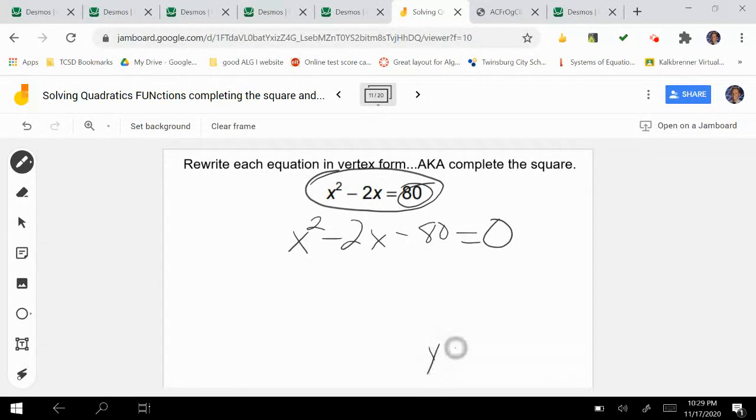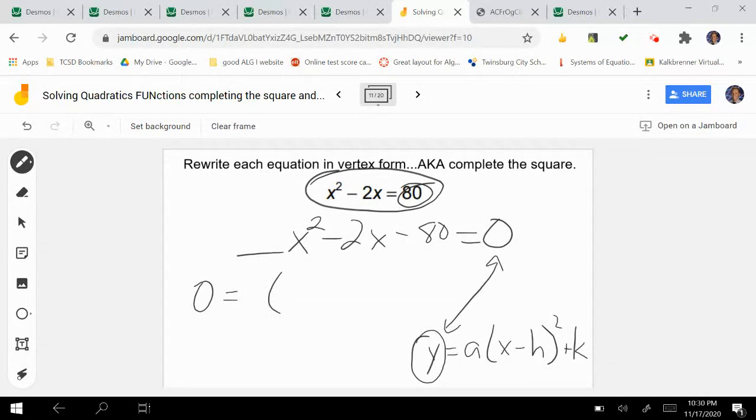I get y equals a times x minus h squared plus k. I have it on my other slides. I missed it on this one. So right away, I know what my a value is because of what's in front of x squared. So I'm going to also do one other thing right here. If you recall from last slide, last presentation, last video, we set y equal to 0. So I'm going to say 0 equals, there's no a value. Technically it is, it's 1. And I want to have x